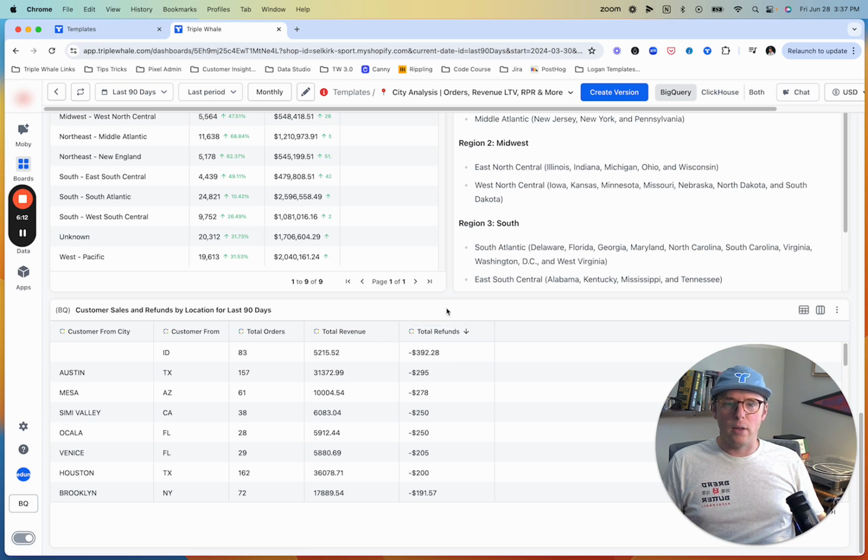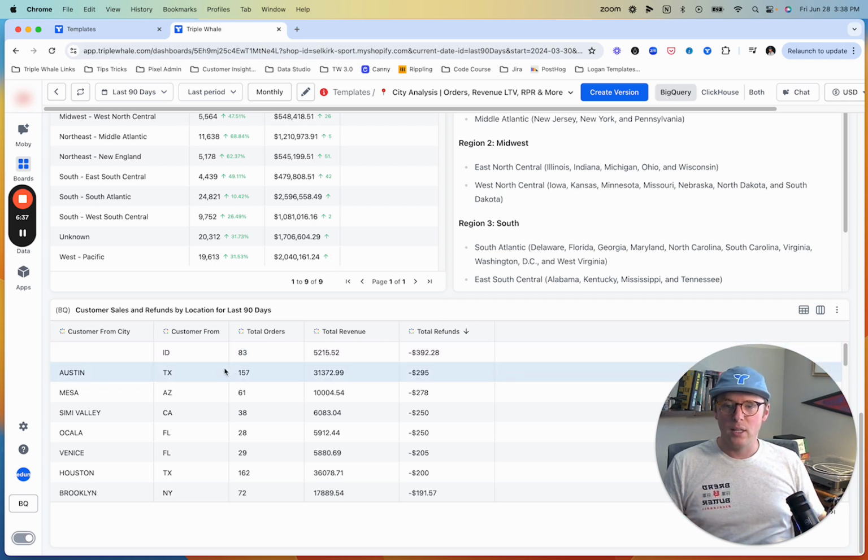So next, last but not least, we have customer sales and refunds. This one was specifically interesting because what I wanted to call out is that I don't think we take enough of a look into refunds in general. Because we look at top line, how much revenue came from these places, how much revenue came from products, but what's being returned, what's being refunded, and can we combine this with product analytics to understand that customers from Austin,